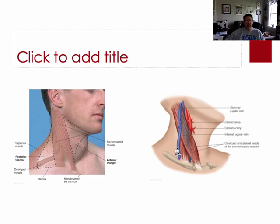The vein that you see on the outside here, on the very lateral portion of the neck, that's actually the external jugular, and that doesn't help you. That doesn't tell us anything when we see the external jugular. We want to see the internal jugular, and we can see that once it appears again from behind the sternocleidomastoid. Notice it runs right